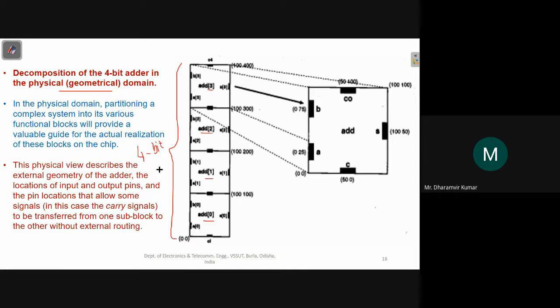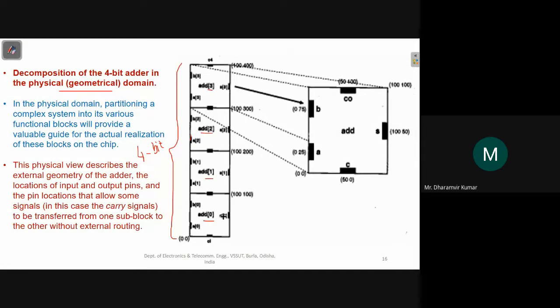Geometrically, it shows that each of these smaller blocks captures the area for a 1-bit adder circuit. This block takes 1-bit adder circuit area, this is taking 1-bit adder circuit area, and they are placed very close to each other.